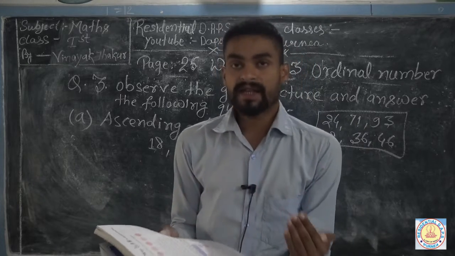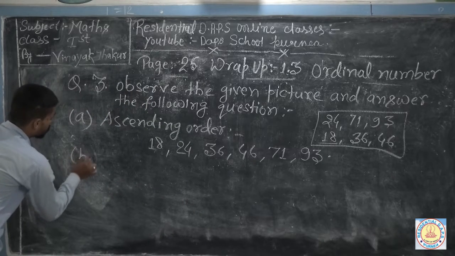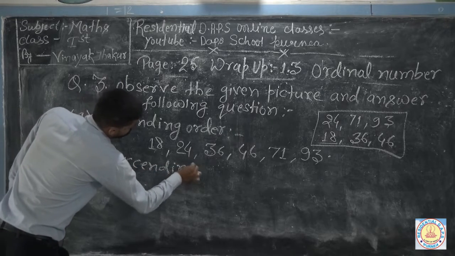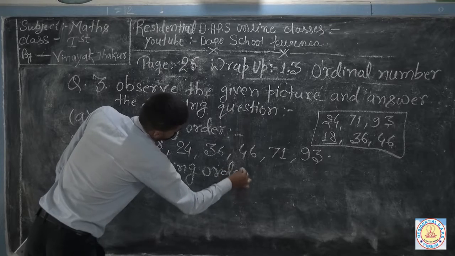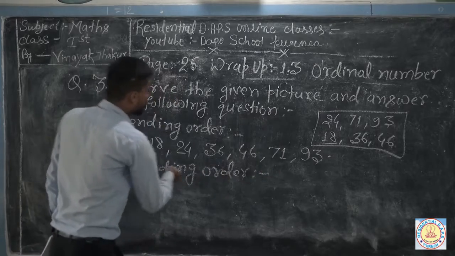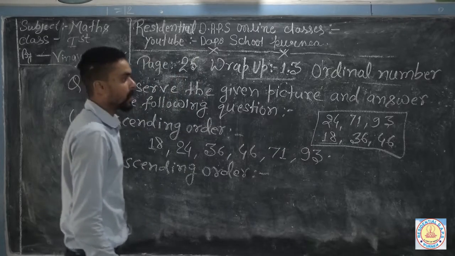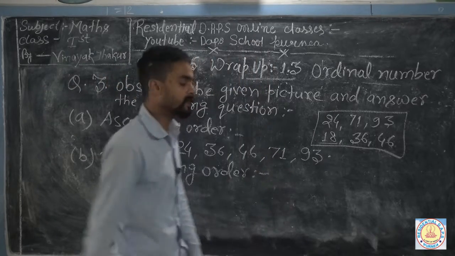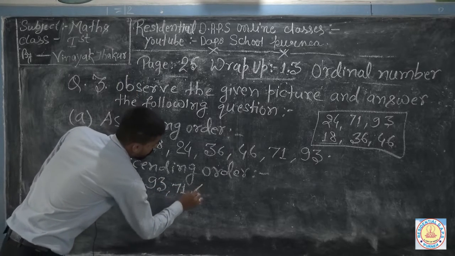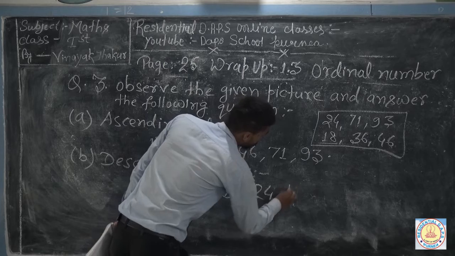उसी नंबर को आपको डिसेंडिंग ऑर्डर में कन्वर्ट करने हैं। सो आप डिसेंडिंग ऑर्डर में कर देंगे इनको। क्वेश्चन नंबर बी, डिसेंडिंग ऑर्डर। चूँकि नंबर सेम ही है, बदला नहीं है, इसलिए जस्ट इसके सारे ऑपोजिट्स डिसेंडिंग ऑर्डर में होंगे। इस नंबर में देखेंगे सबसे बड़ा कौन है, क्योंकि डिसेंडिंग ऑर्डर के लिए हम लोग लार्जेस्ट टू स्मॉलेस्ट की ओर बढ़ते हैं। सो सबसे बड़ा कौन है 93, उसके बाद 71, देन 46, देन 36, देन 24 एंड एटलीस्ट इन लास्ट 18।